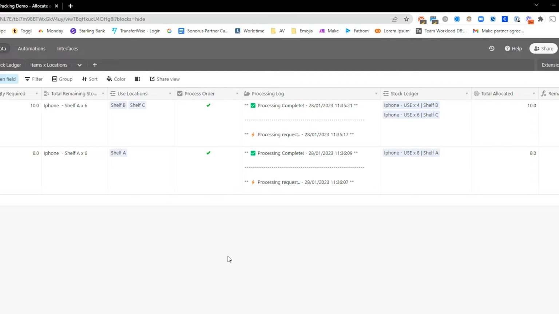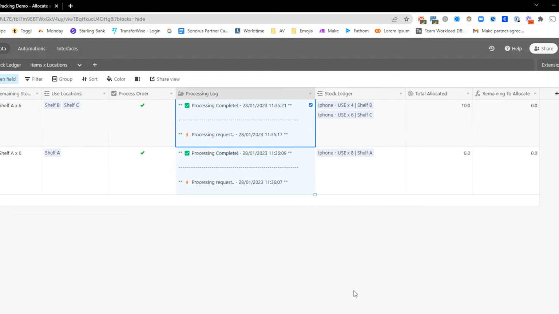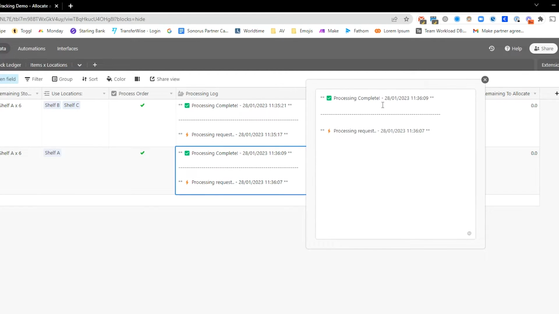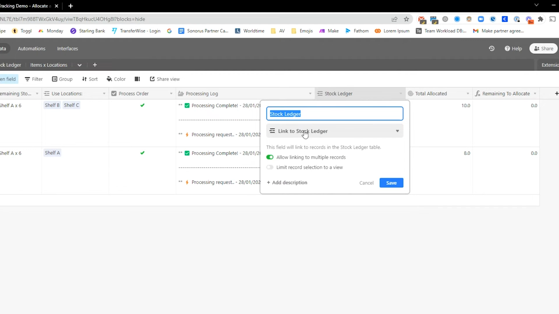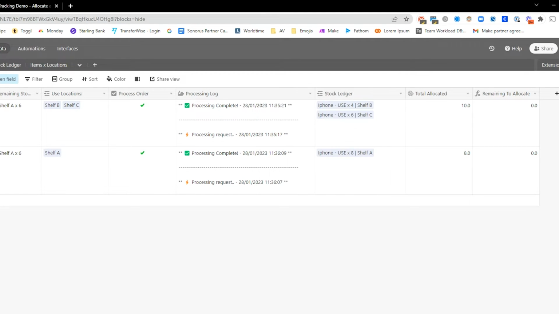Then we have our trigger to process the order. We have our processing log that just gets populated as the system is processing the order, so we know that something's happening. We then have the link to the stock ledger, basically linking this order to the stock ledger,